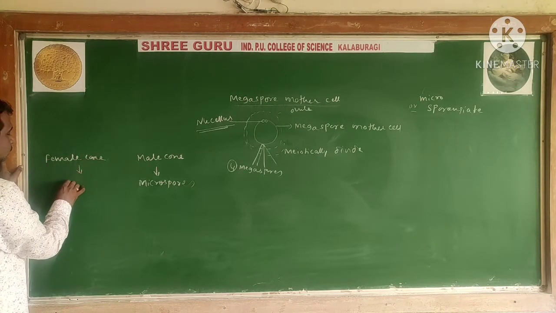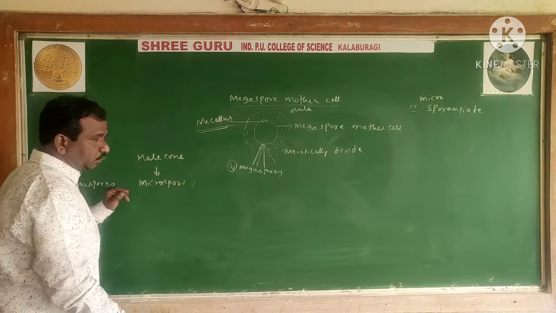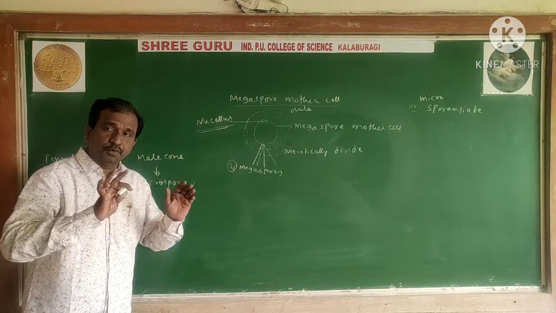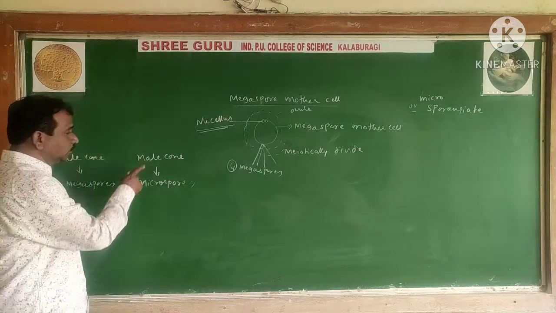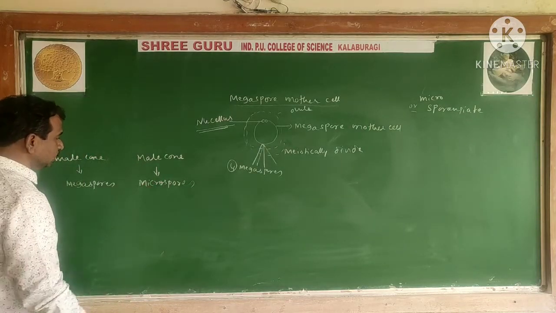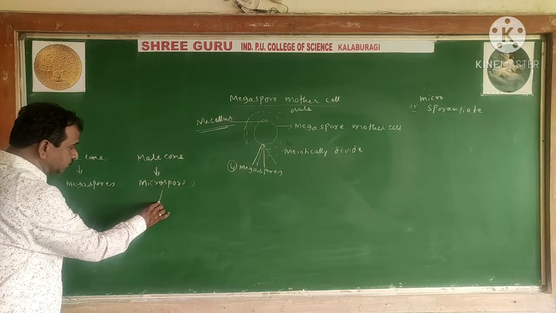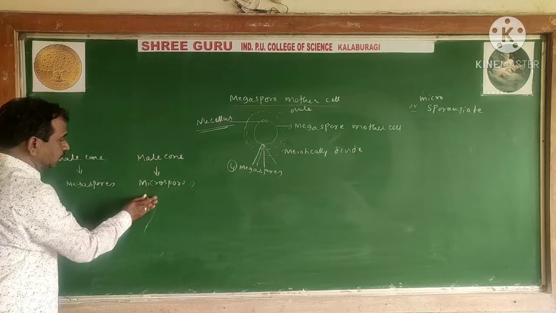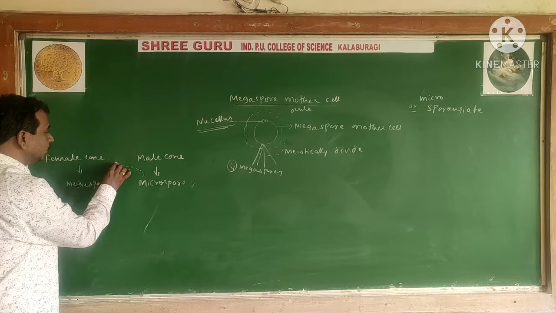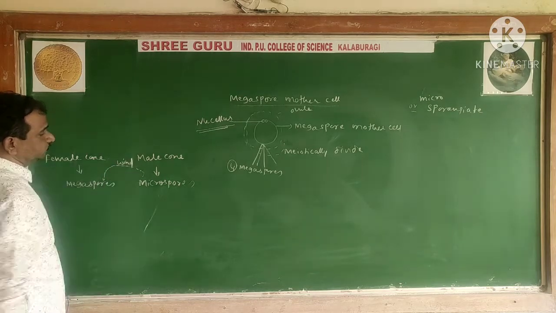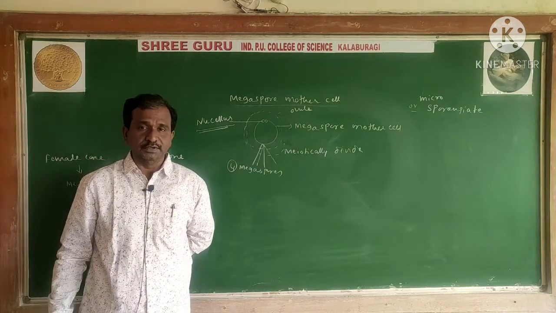What is the female cone consisting of? Megaspores. In the female cone, we observe that on the megasporophylls an enormous number of ovules are found. Now the male cone consists of the microspores. Now fertilization takes place, and the microspores are released into the megaspores by means of the wind. Wind is the agent for pollination.